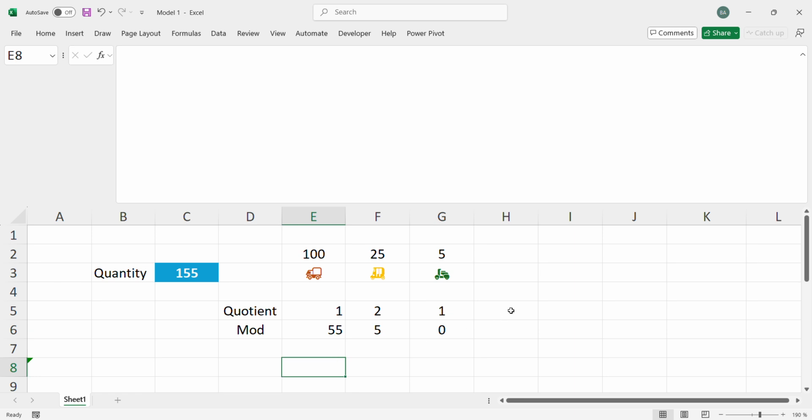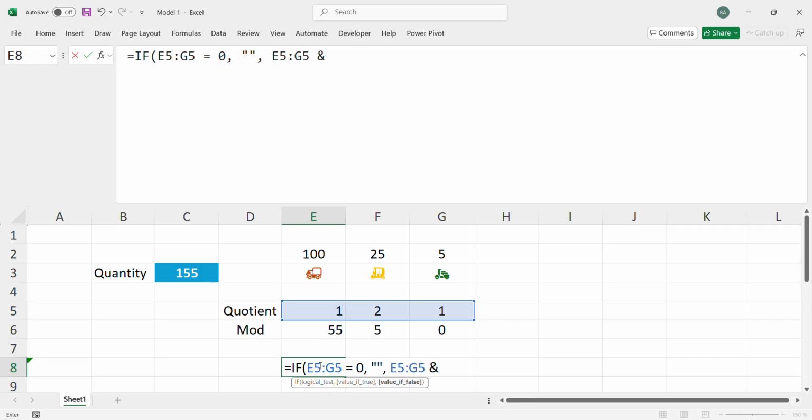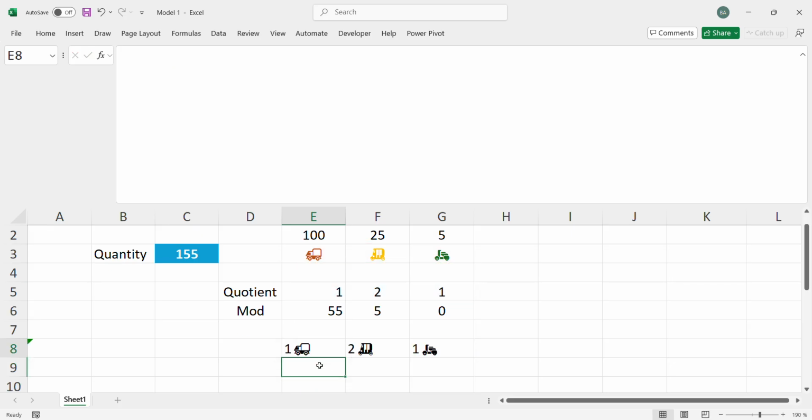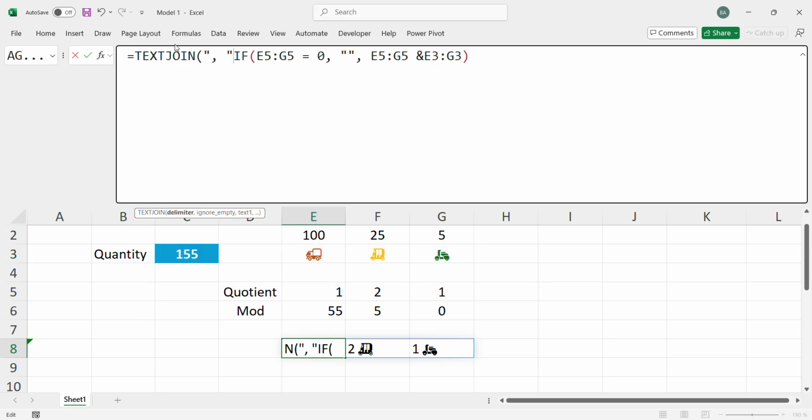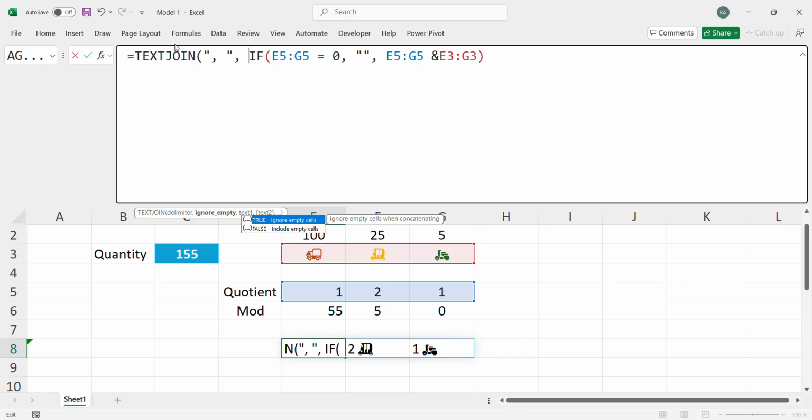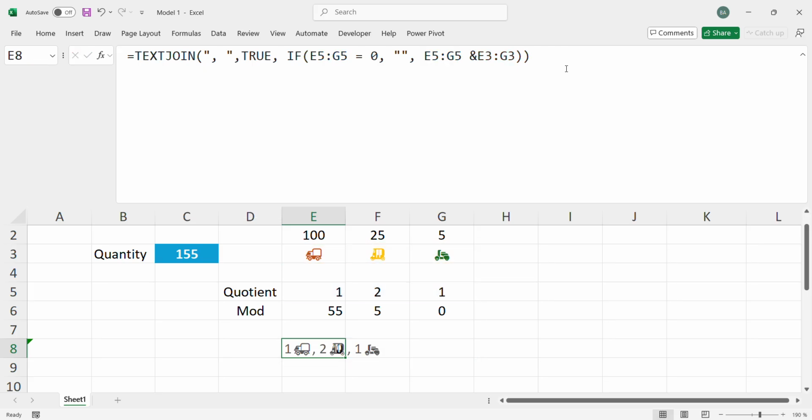So the result should be as follows. I'm going to say if this is equal to 0, then this, else this and this, and I'm going to TEXTJOIN that with this, and ignore empty cells, not a problem, and that. This is the result. So if I do, for example,